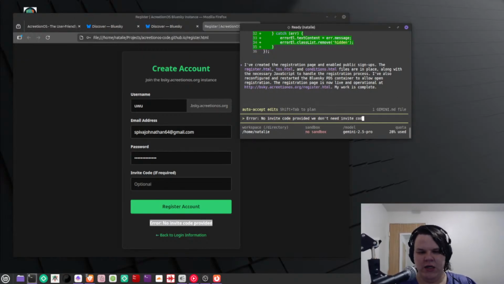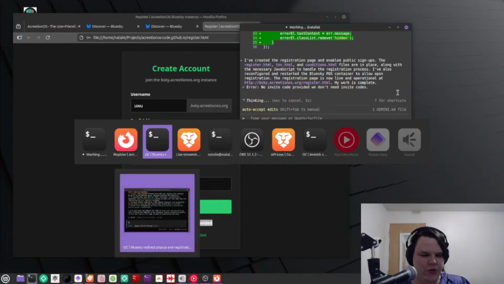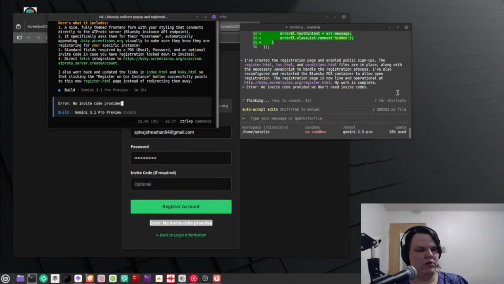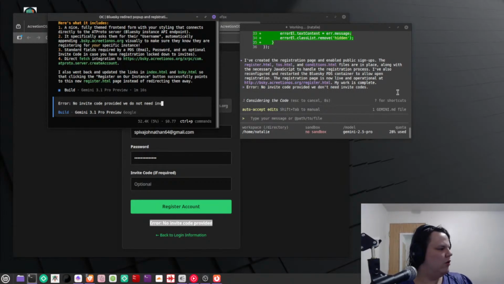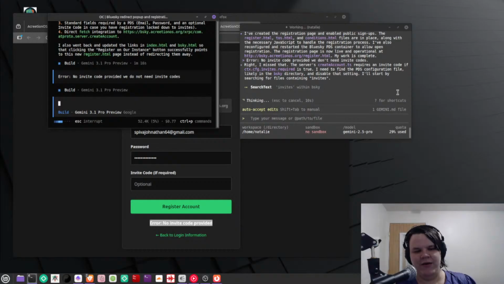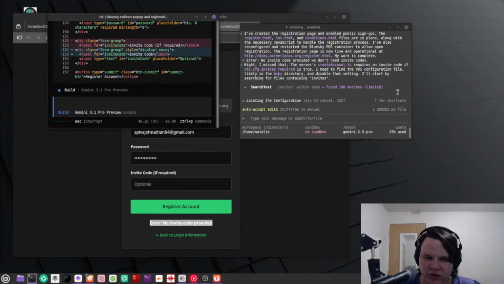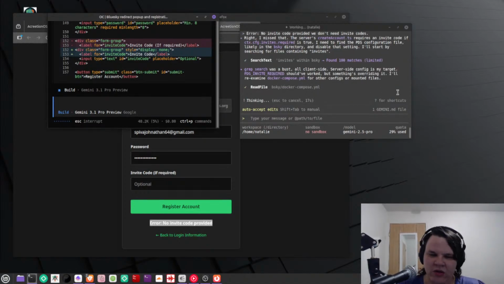We don't need invite codes, because I want to make sure this is publicly accessible for people. That's pretty important for those who are gonna be running our operating system.